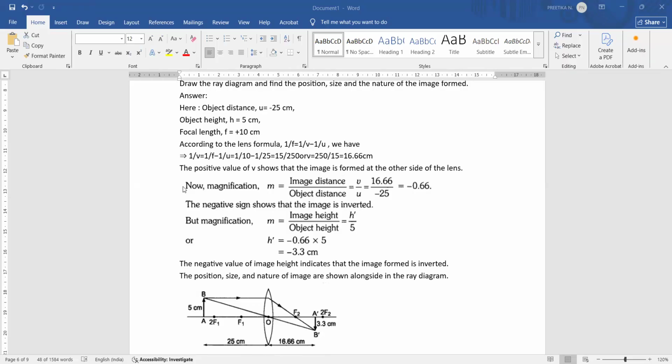For example, when you place it at the center, it is the same size. And if you start going beyond the center, the size starts to enlarge. So the only point where you get the small size is beyond center, beyond C. So you have to place your object beyond 2f and then your image will be formed, which is smaller. Here you have to use tricks to figure out which case is applicable. If they had said enlarged, we could have taken some other case, right? But we will clarify this better tomorrow and continue from here.